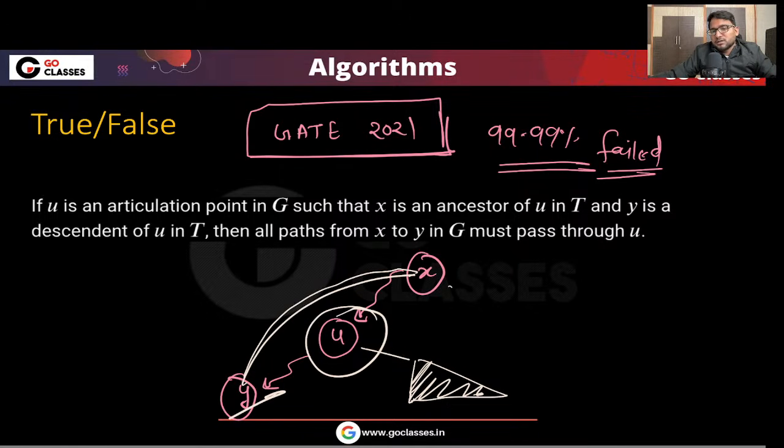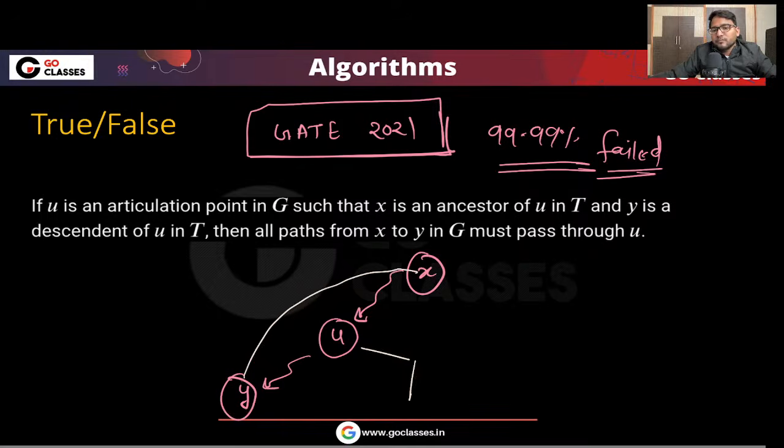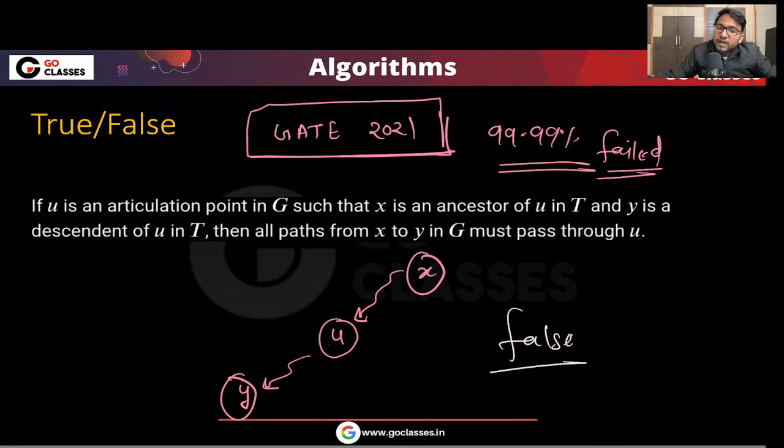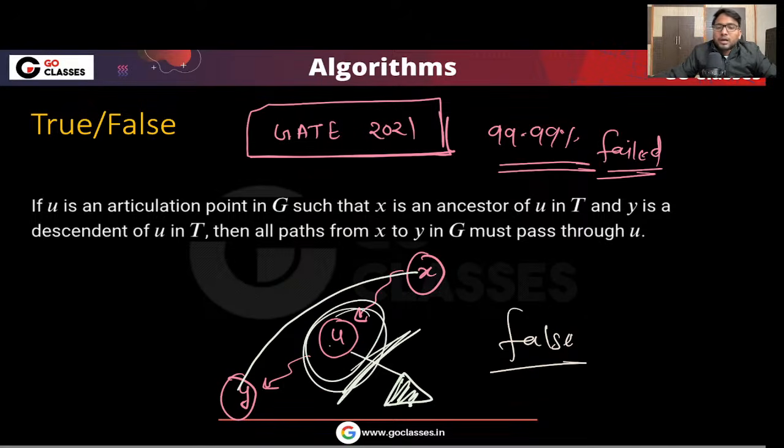Hence it is false, right? Okay, hence this is false. What they're saying is that if this is an articulation point, then you must go through U only. Yeah. Let me just modify this statement. I will modify it, but let me explain this once more. See, they are saying it cannot be directly connected. It can be directly connected because there can be some other subtree because of which it is an articulation point, right? Now if I just modify this statement and if I say this,